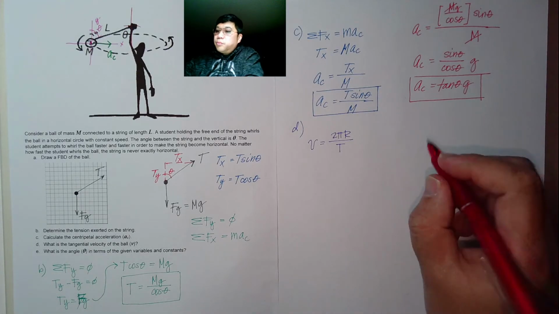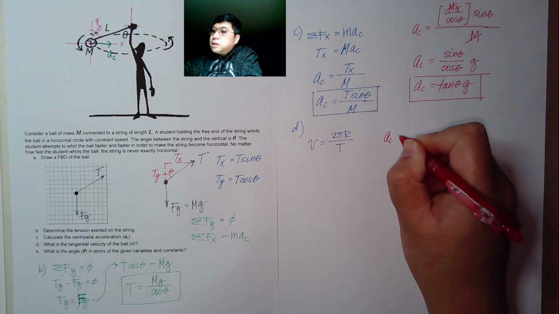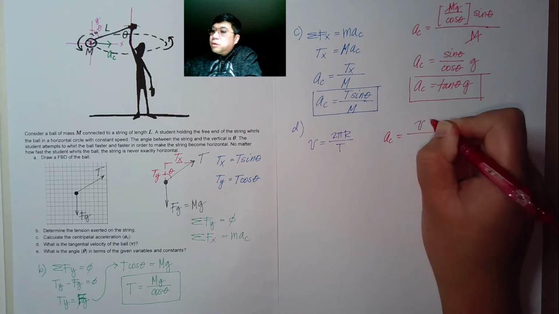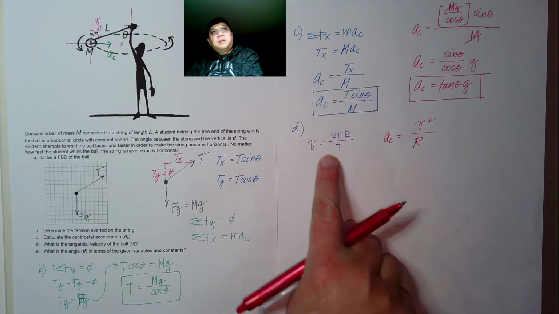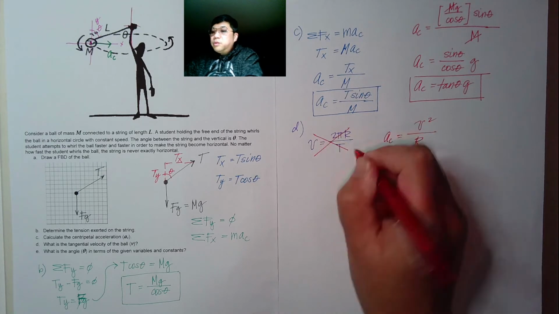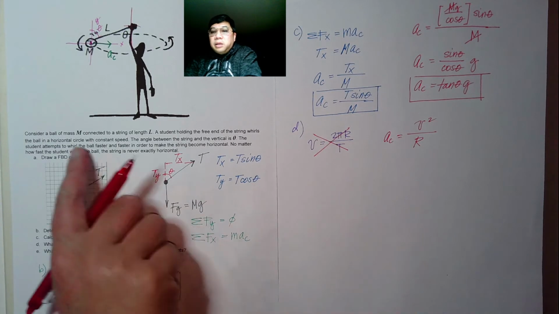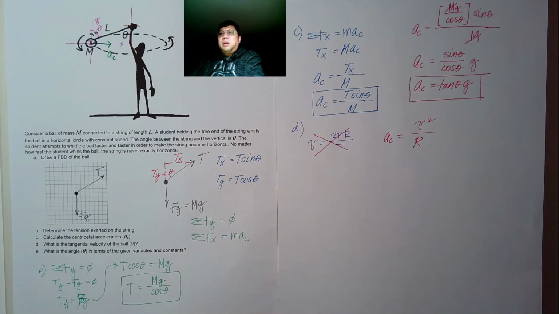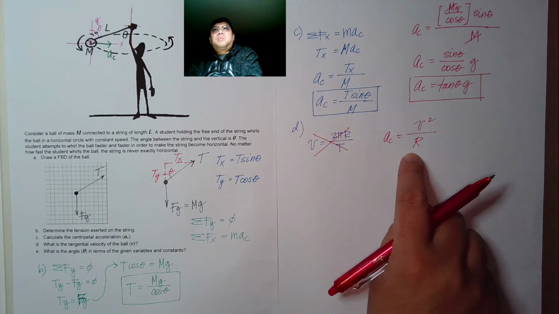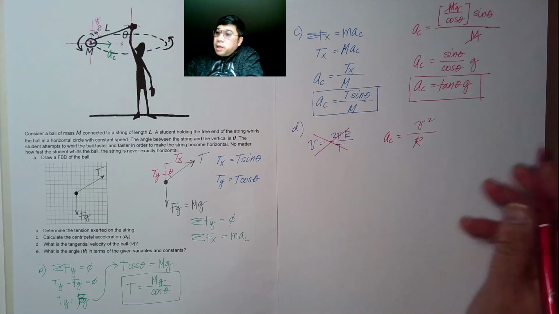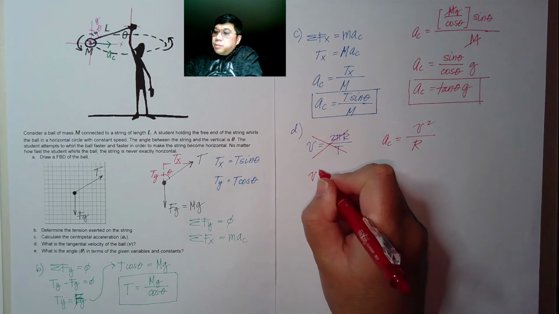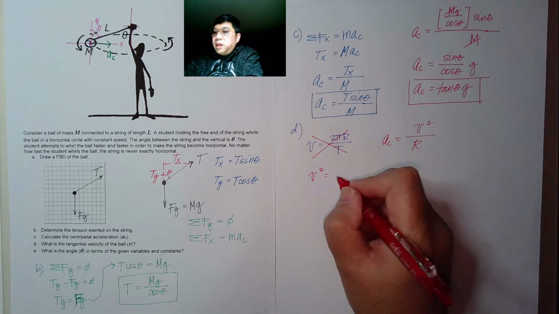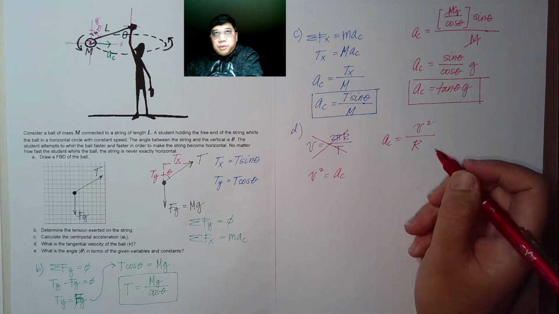And that is acceleration is equivalent to v squared over r. So we can use this instead of using this, so we don't get confused by the period T. And besides, you were not given the value of T, or it wasn't mentioned in the problem at all, so we can proceed by using this one. Now, our v squared is simply, by cross multiplying it, a sub c, or the centripetal acceleration, multiplied by